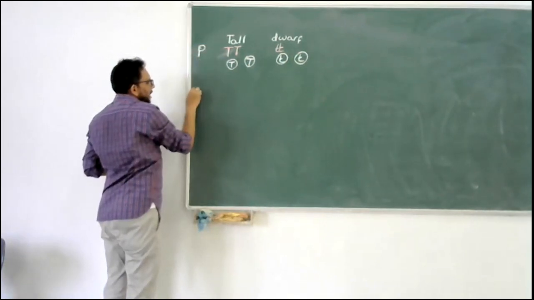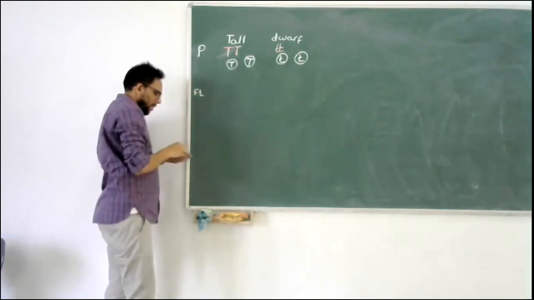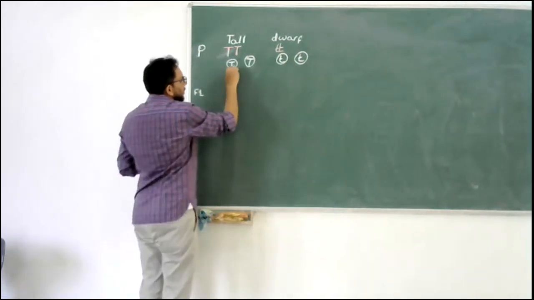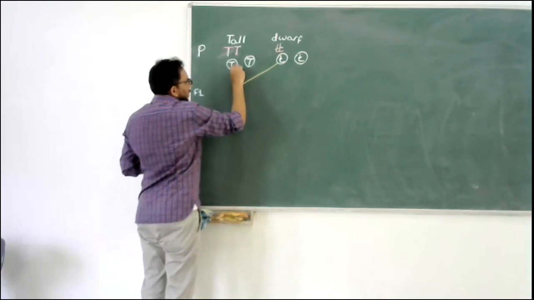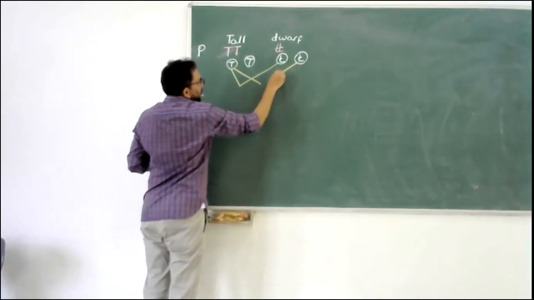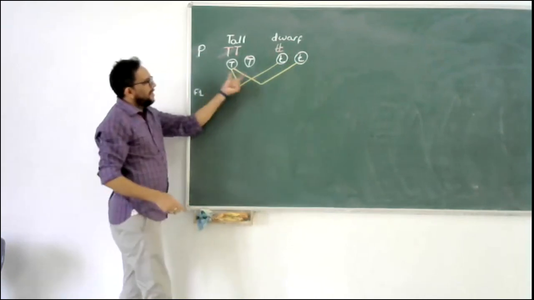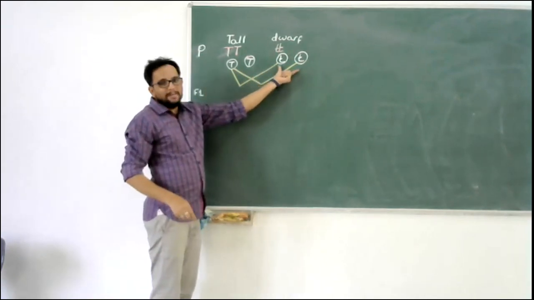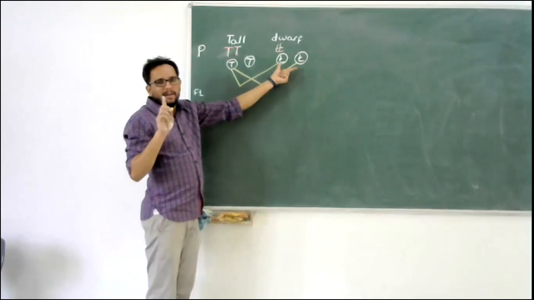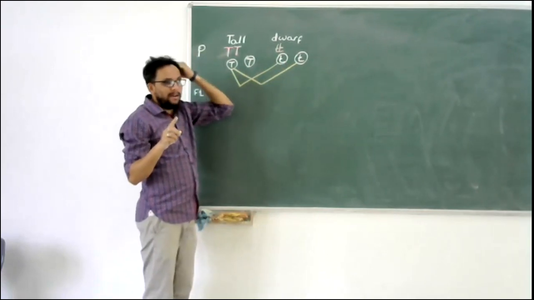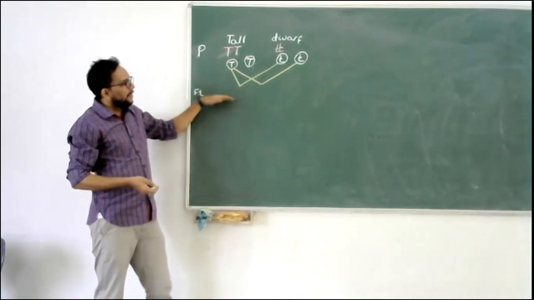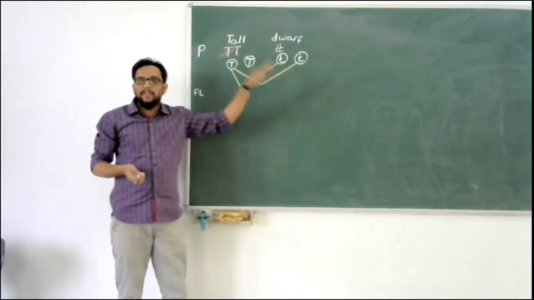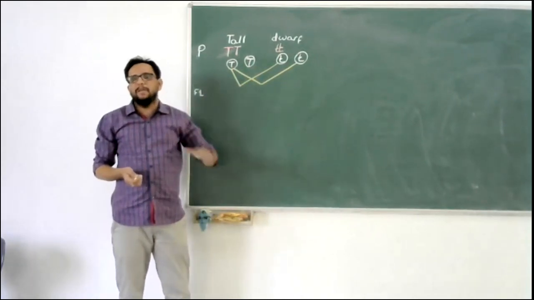When we go to the F1 generation, what will happen is that this gamete will fuse with the other gamete, and this gamete can fuse with this gamete. One gamete can fuse with both the gametes. That is the possibility. Again, one common mistake most students make is that they assume all four possible options are generated at the same time.